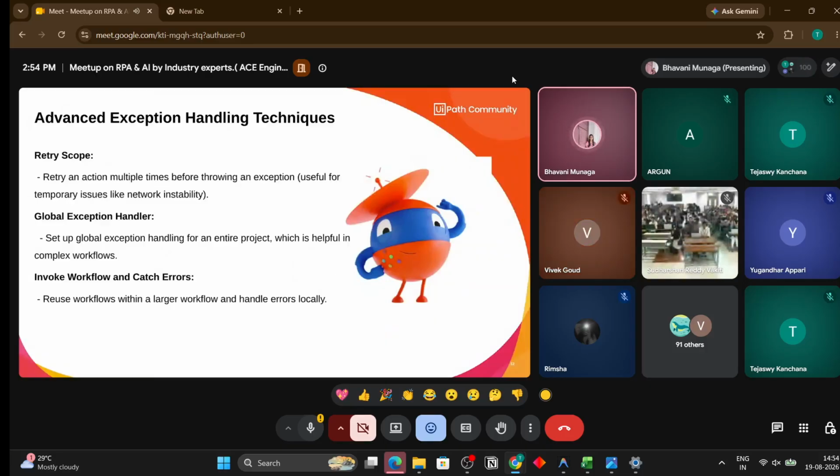There might be a scenario where you want to log into the Flipkart website in your browser, and for the first time you are unable to log in. So you will retry it. You will retry for the third time. As a human, you know how many times to retry logging in when it shows an error. Similarly, for the robot also, you have to mention it. That thing you can do with the retry scope.